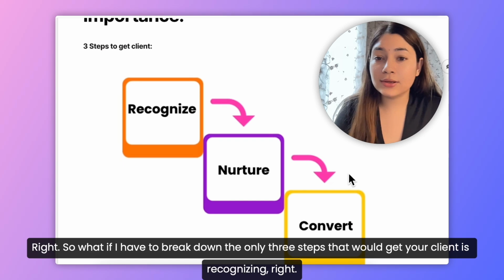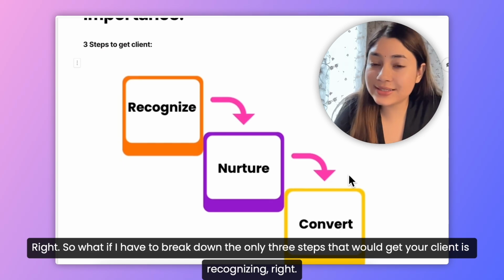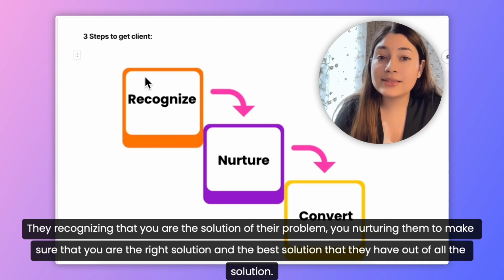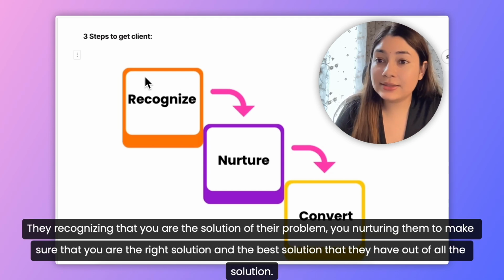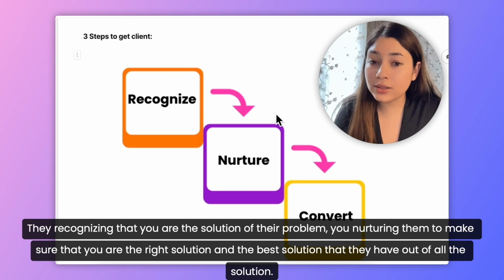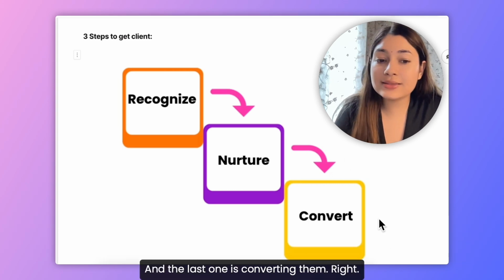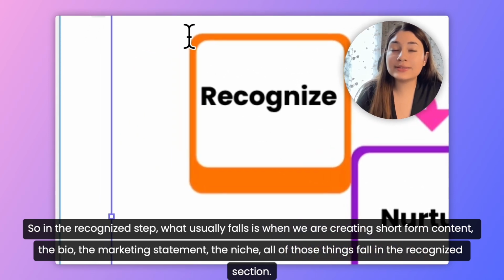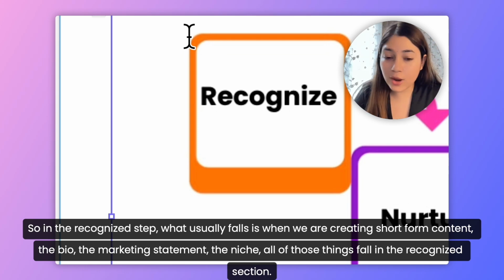If I break down the only three steps that get you a client, they are recognizing, nurturing, and converting. They recognize that you are the solution to their problem, you nurture them to make sure that you are the right solution and the best solution out of all the solutions they have, and the last one is converting them. In the recognize step, what usually falls here is short form content,